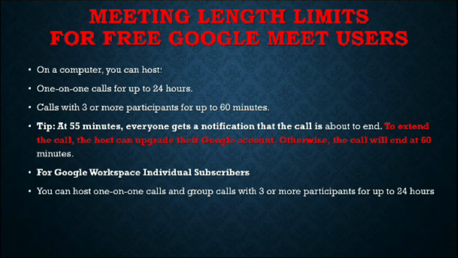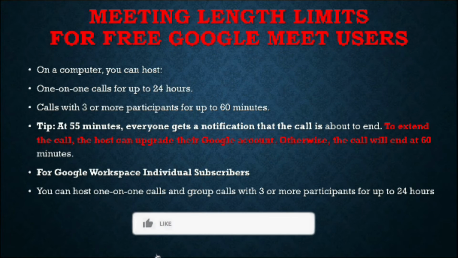If you are using Business Plus, Enterprise Standard, Enterprise Plus, Teaching and Learning Upgrade and Education Plus, you have a limit of 250. But this condition applies only to Google Workspace users, not everyone.